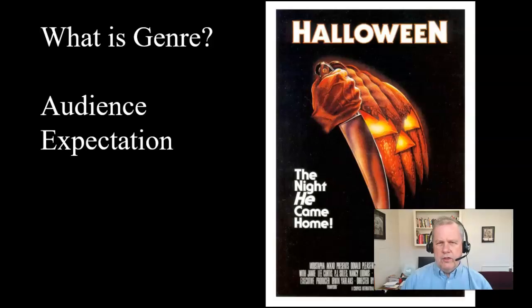We've already talked a bit about genre in class, how genre is the term used to describe different types of film, and they serve important functions. So for example, they help serve as a kind of consumer guide for people who are going to see movies. If you see this poster for Halloween, for example, outside of a multiplex, then the audience member who is thinking about what movie they want to see that evening is going to know it's a horror film and choose to buy or not buy a ticket based on the fact that it's a horror film. So we're all familiar with genre so that we get to see films that we find pleasurable.